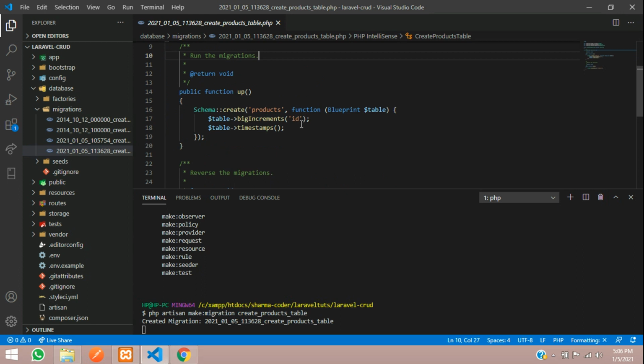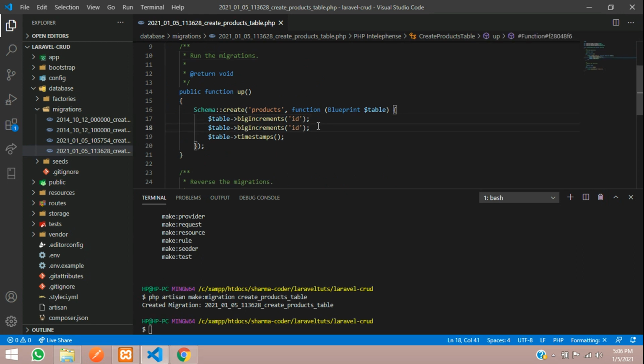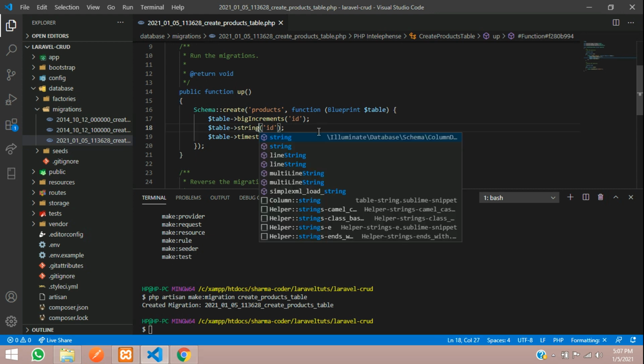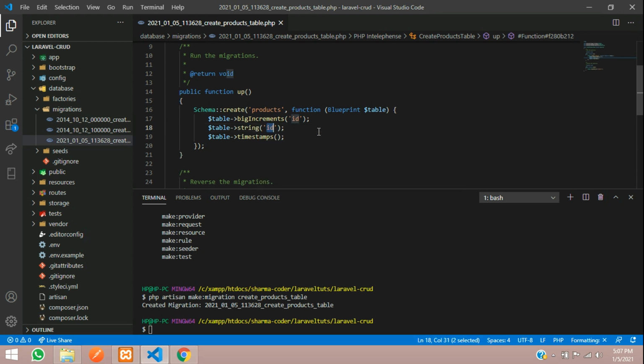So this is our table structure, guys. We'll be adding all the columns over here. I'll just copy paste the same field here once, and now we will give the product name. Sorry, this will be the string. This is the data type, and inside this you have to give the field name, and keep the price here. Price, let it be a string, guys, or else sometimes it goes in float value, like when you have decimals, and there may be an error. So let us leave it as a string for price.